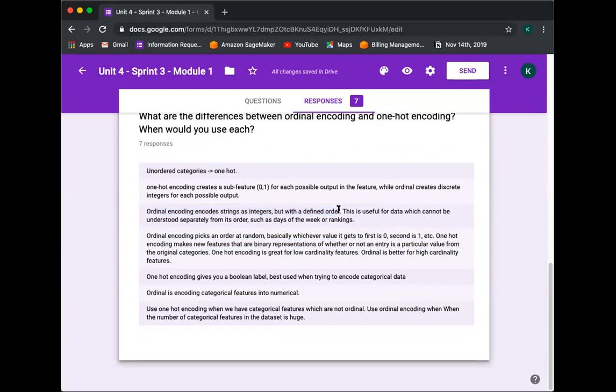So, it doesn't work for things like mutually exclusive, like male and female, right? Well, I guess I'm technically, anyway, it wouldn't work for something that doesn't have intrinsic order or rank. If one thing comes after the other, things like day of the week, that's what you want to use ordinal encoding for, right? One hot encoding is good for pretty much anything else, like the male, female,